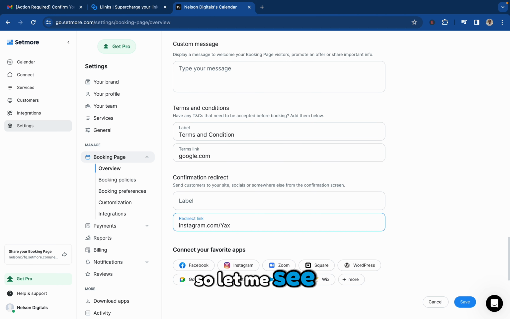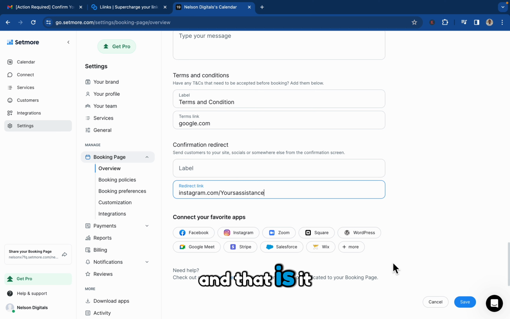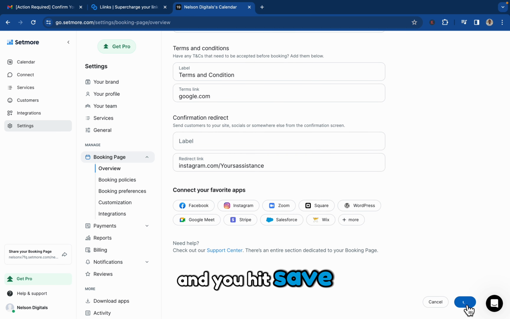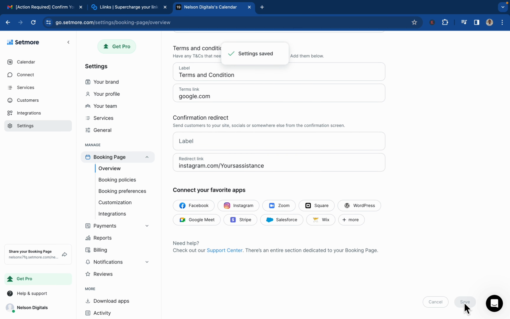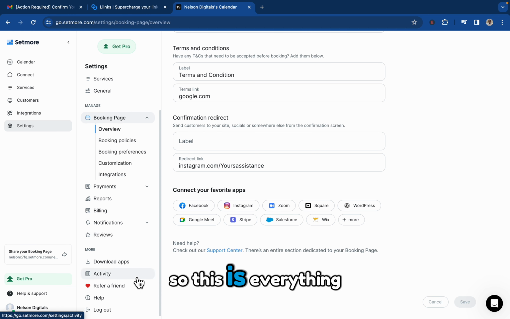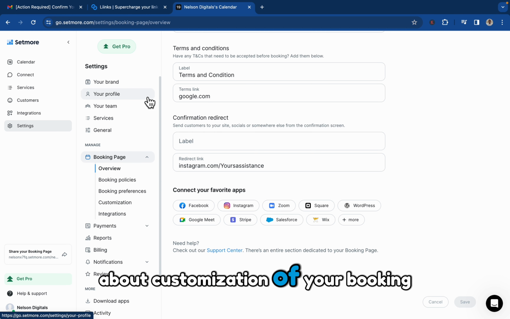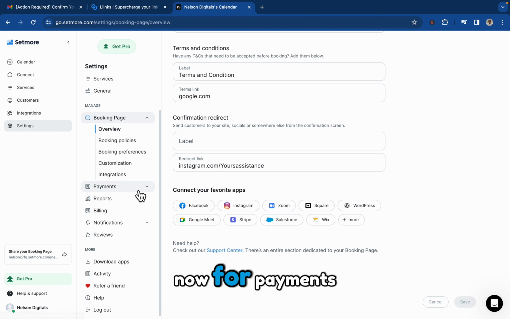So let me say yours assistance, and that is it, and you hit save. So this is everything about customization of your booking page. Now for payment,